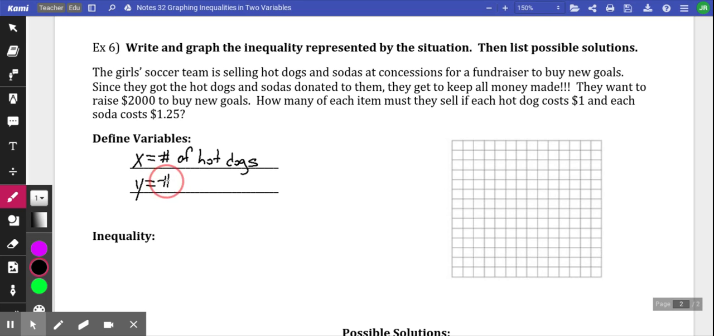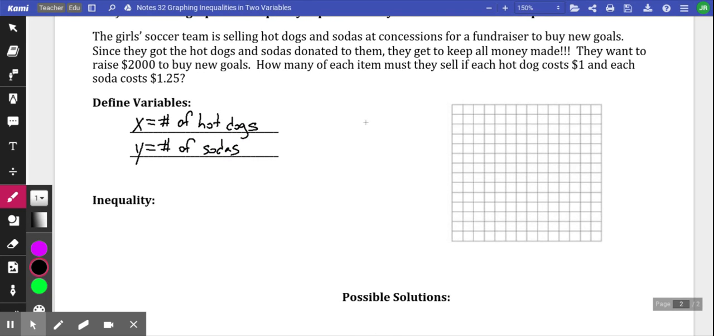Y is going to represent the number of sodas. Now what I need to do is come up with two inequalities. So relationship, how am I going to tie these numbers together? All right, so what I'm going to do is come up with an inequality here, but their goal is to